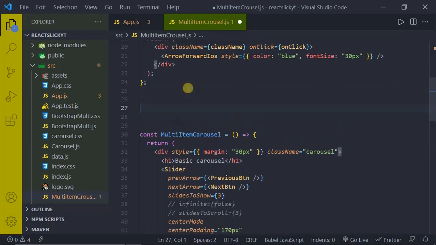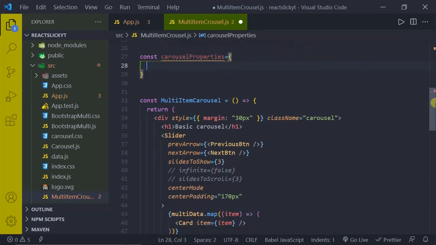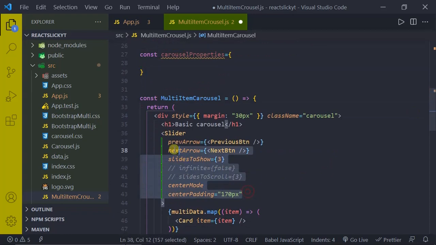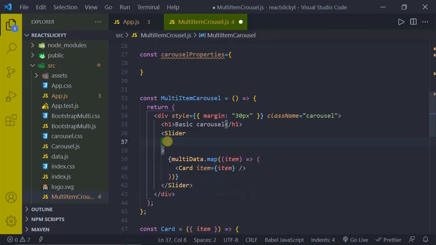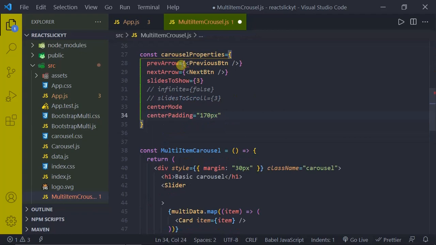I'll say const carouselProperties equal to, so we are just going to make an object. I'll cut all these from over here with Ctrl X and paste with Ctrl V. As this is an object, definitely we have to keep a comma over here, and we don't want this equal sign anymore, but instead we have to keep a colon.